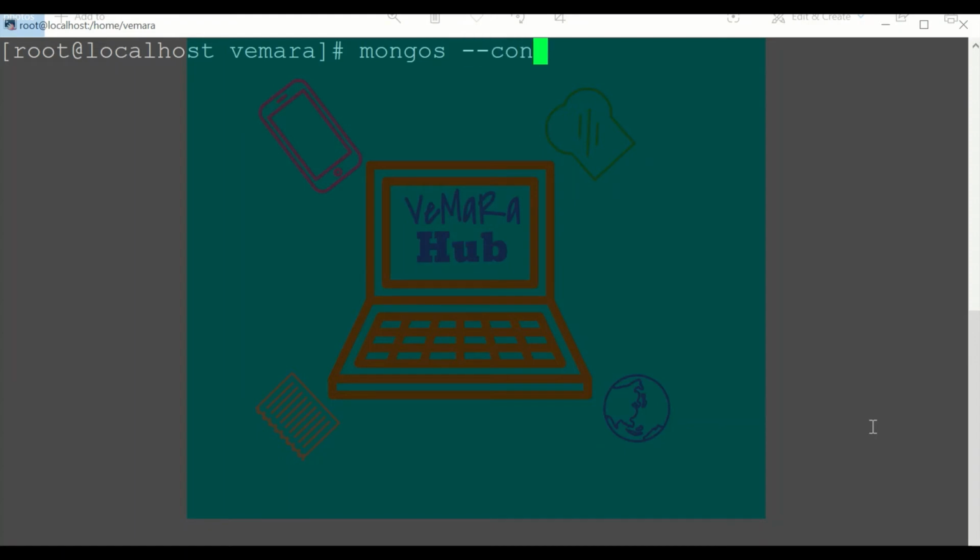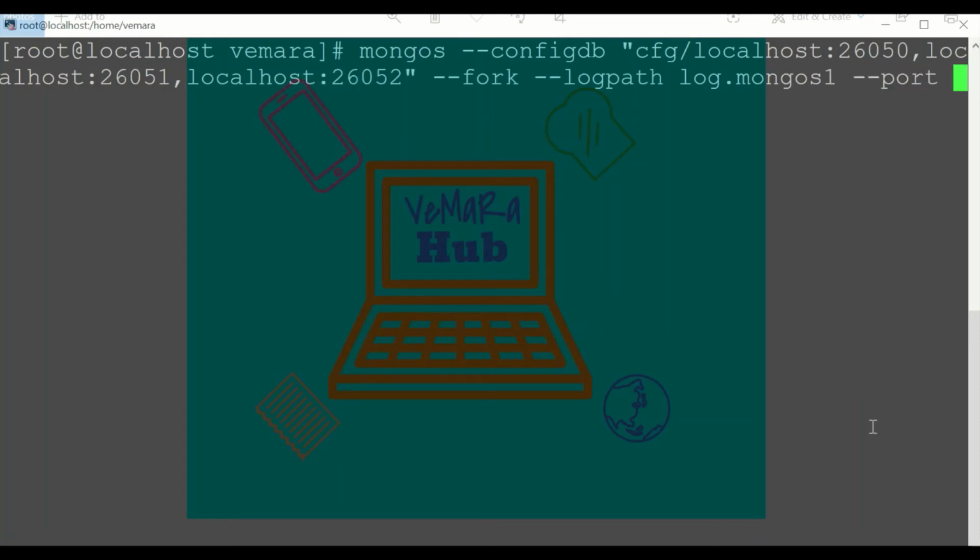Now to start the Mongo S instances, provide the --configdb parameter and mention the config server, that is in our case running as a replica set on the ports 26050, 26051 and 26052, and I'll run it on a port say 26061.